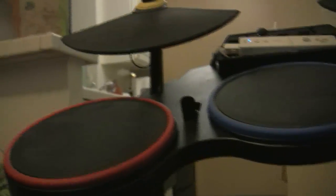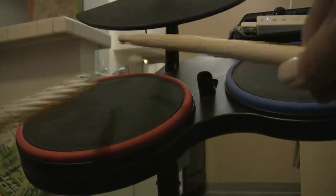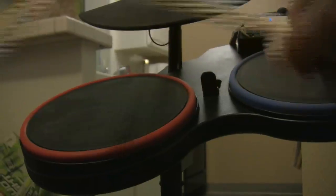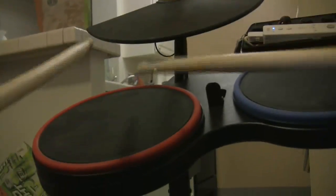But the bad news is that it's just not fast enough. If I start playing and get faster, eventually it just stops responding altogether. So, I mean, you can do slow beats, but anytime I try and do like a fill,